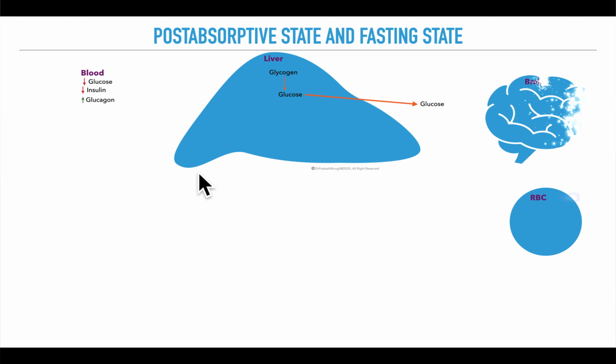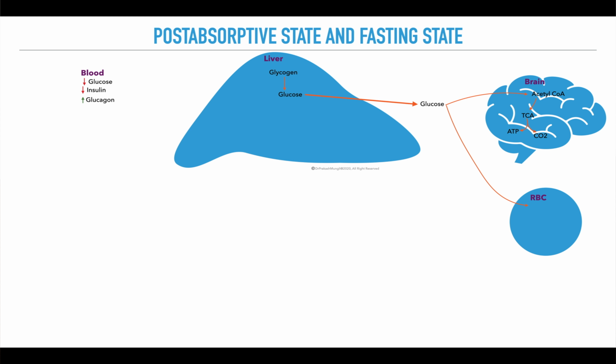So, which are the organs that take up this glucose coming from the liver? Most importantly, this glucose is taken up by the brain and also by the red blood cell. Remember, the brain is dependent on glucose initially for its energy needs, and the red blood cell is always dependent on glucose for its energy needs. So, what does the brain do? It is going to break glucose into acetyl CoA and further into carbon dioxide and make ATP.